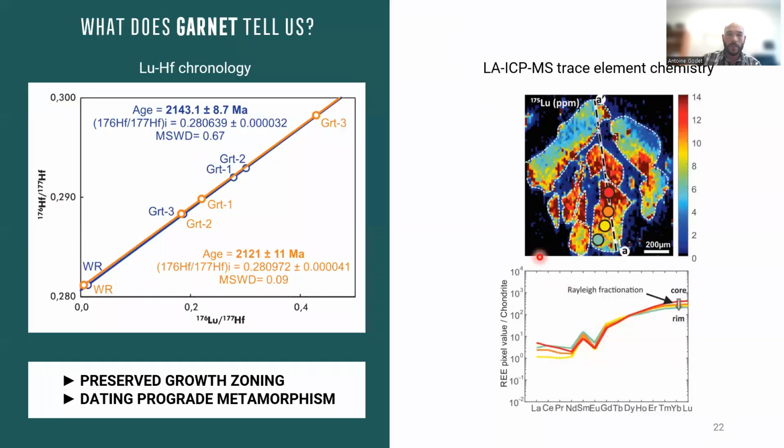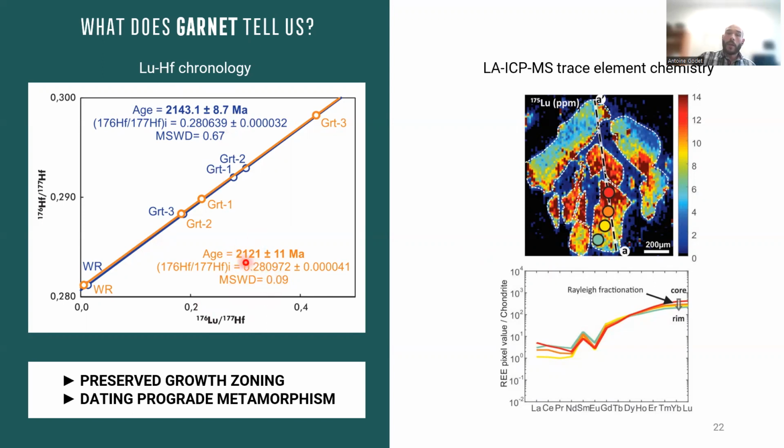So we dated garnets. This is one of the geochronometers we dated. So those are the results for the two samples. We obtained two isochrons. We have a first age here at 2143. So you start to see that it's not Trans-Hudson, it's before the Trans-Hudson event. We have a second one at